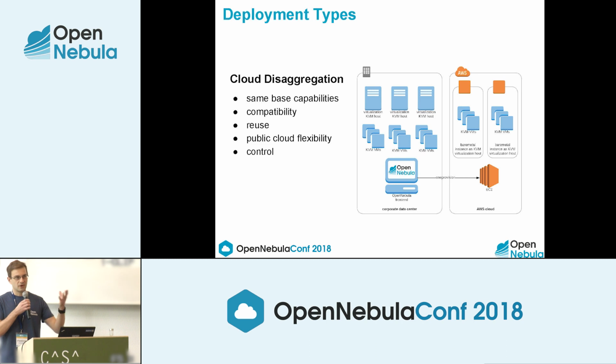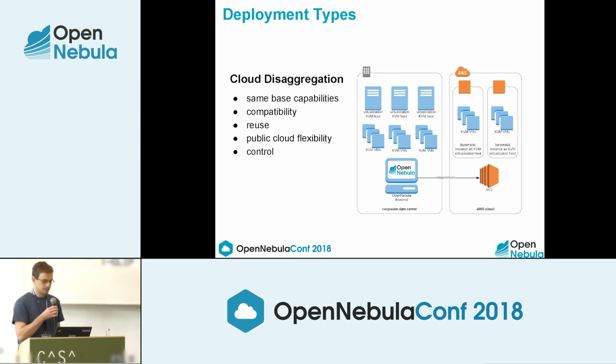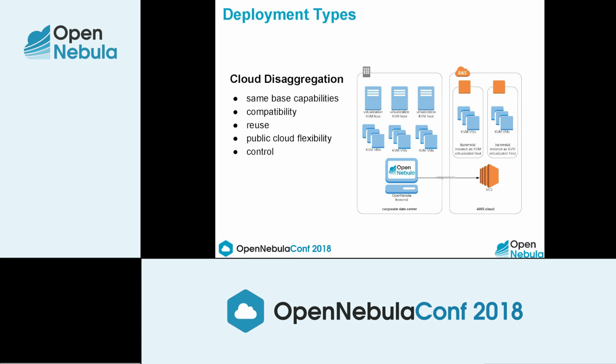So basically, if we are able to build our KVM cloud anywhere we need, we can reuse the things we already have for our KVM cloud. We have some images, we have some templates, everything we have done already, we can run anywhere. This bare metal cloud gives us the flexibility of the public cloud, and it also gives us control over the hardware resources, similarly to what we have with on-premises resources.